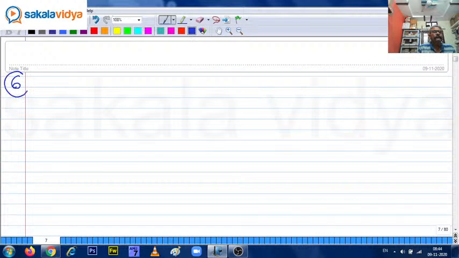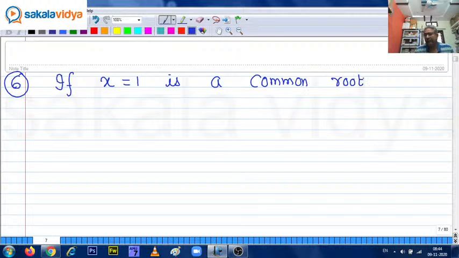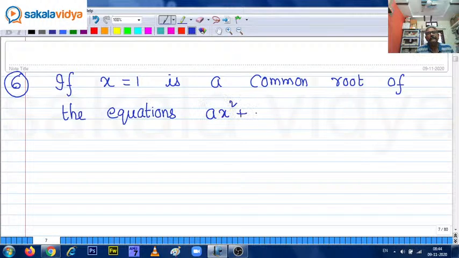Sixth question. If x is equal to 1 is a common root. Common root means it is applicable for both. Common root of the equations ax square plus ax plus 3 equals to 0